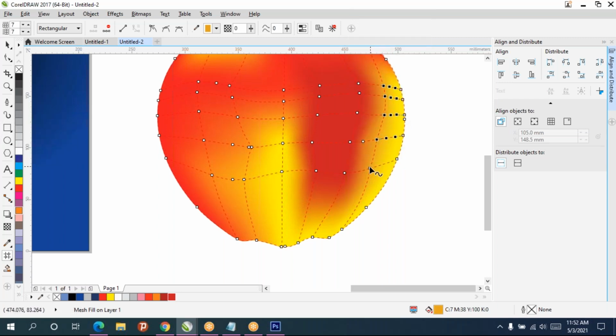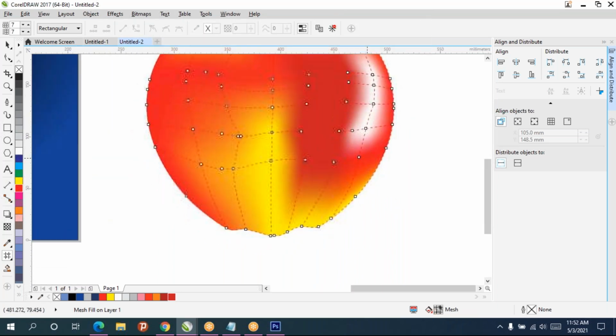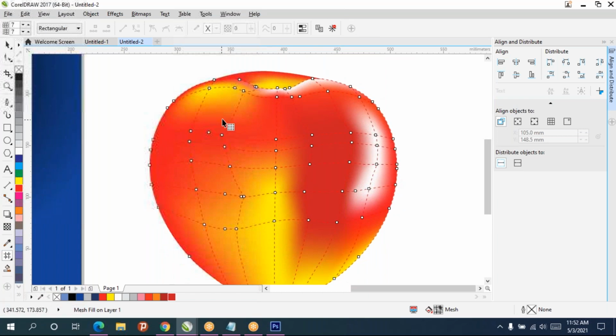You can hold shift key to select multiple points. So I'll give a little bit of light red.